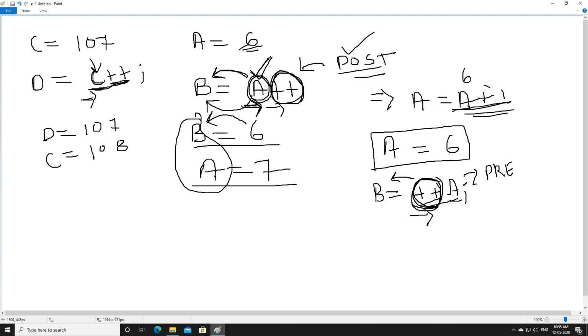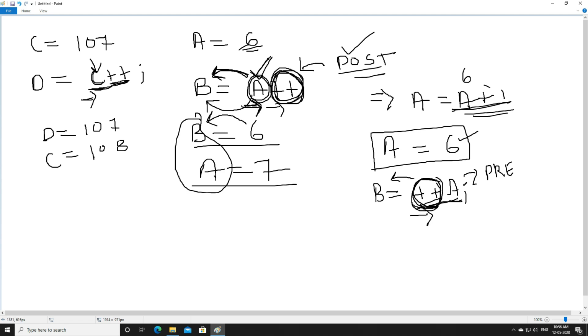Now what is the value of a? That is 6. Now when we increase the value of a, it will become 7. Here you have to notice, first we are not storing the value to b, rather we are increasing the value of a. And what is the reason we are increasing the value of a? Because here we are using pre-increment. So the value of a will get increased first and then it will get stored to a variable. Whereas in post-increment, first the value was stored to a variable, the variable which was used, and then the value was incremented, right?